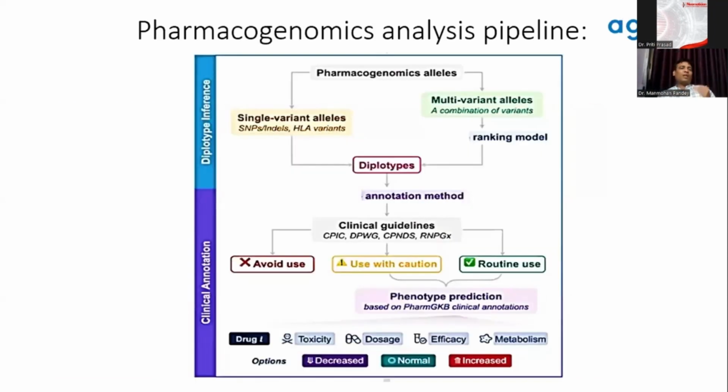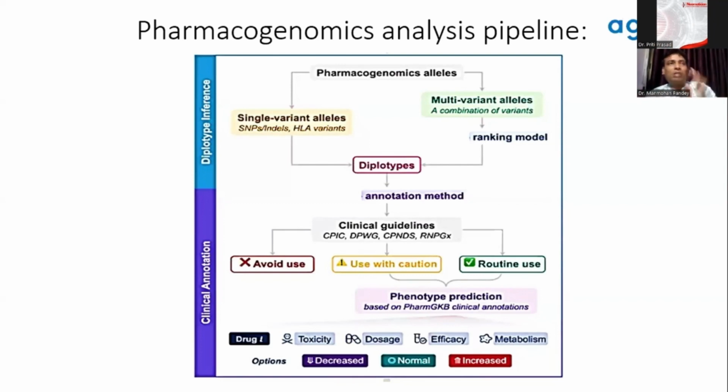Now, what is the pharmacogenomic analysis pipeline? Normally, the sequencing in pharmacogenomics is done through Sanger sequencing, if you want to cover one or two genes, or 2 to 5 variants. But it is very costly and very time-consuming. Secondly, there are different microarray tests available, where you can find different variations. And thirdly, you can go for either whole exome sequencing or whole genome sequencing.